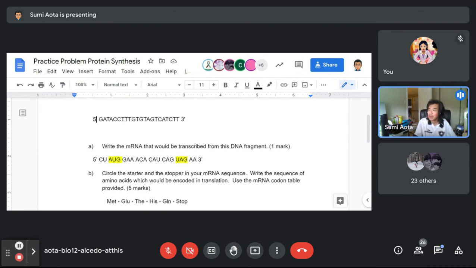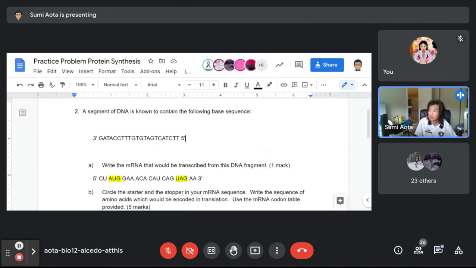Okay? So when you're doing these questions, you have to check which end is 3 and which end is 5. Otherwise, if you ignore the directionality, the anti-parallelness of DNA, you're going to run into a problem because you may read it the wrong way. So I want to be absolutely clear everyone understands that about this kind of question. Be aware of what end is 3 and what end is 5 so that you can write the mRNA in the correct order.